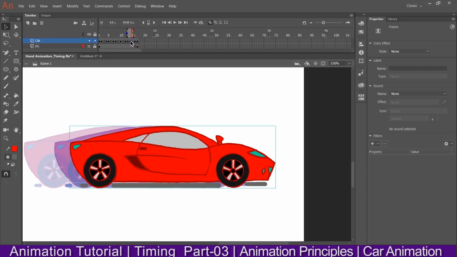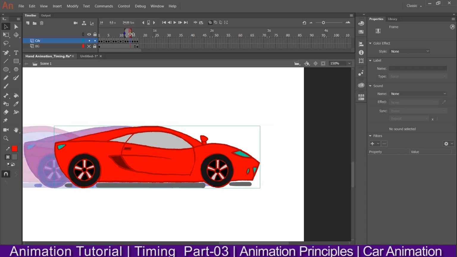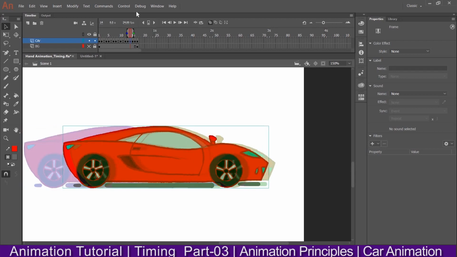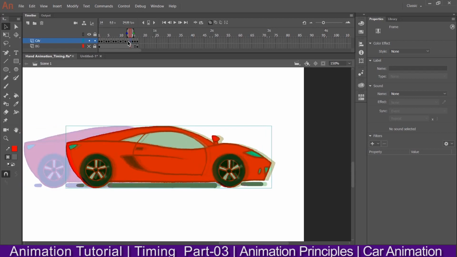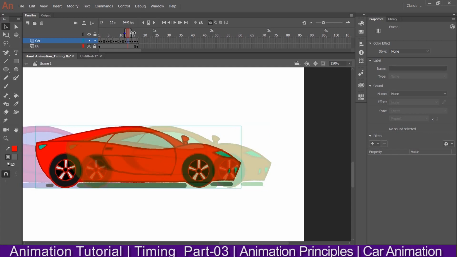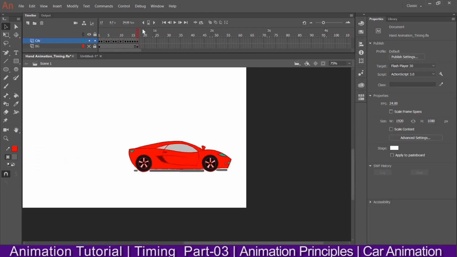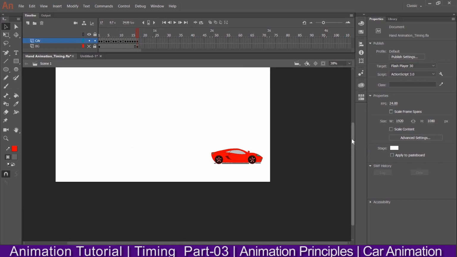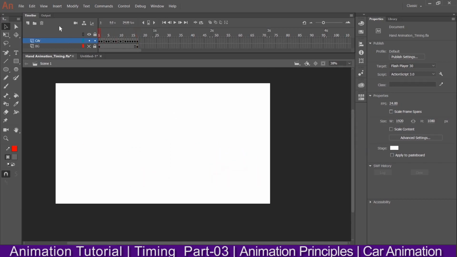Okay, and now, because you know timing is everything in animation. See, okay, I hope it will look nice now. Let me check once. Okay, one second, I need to see the onion skin.